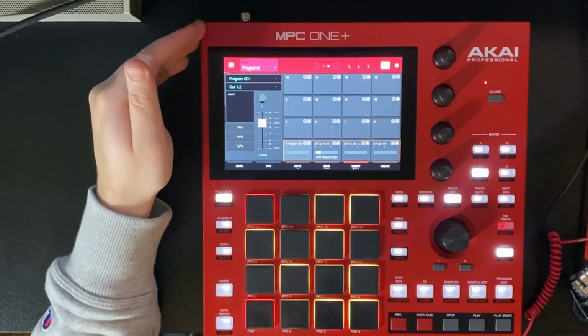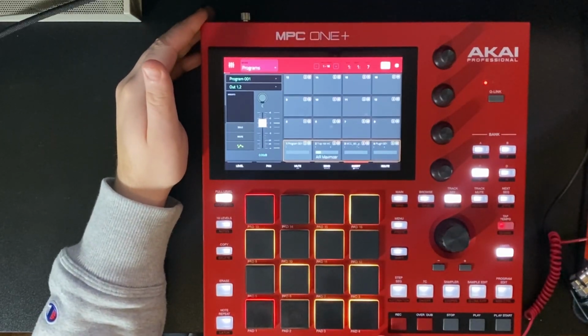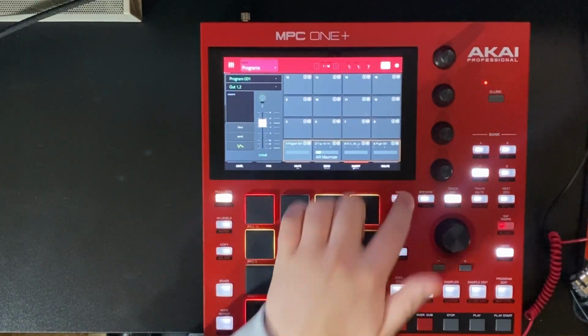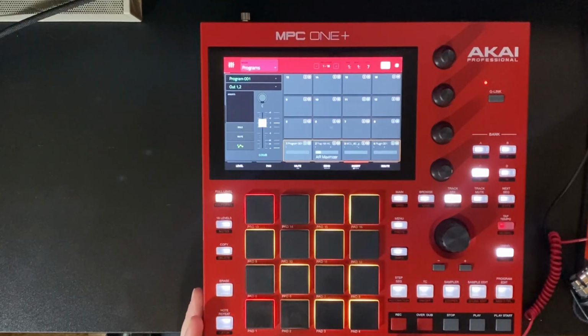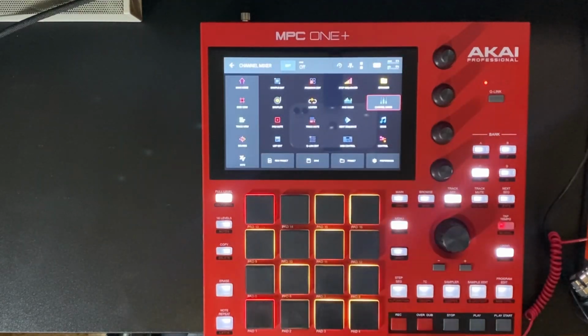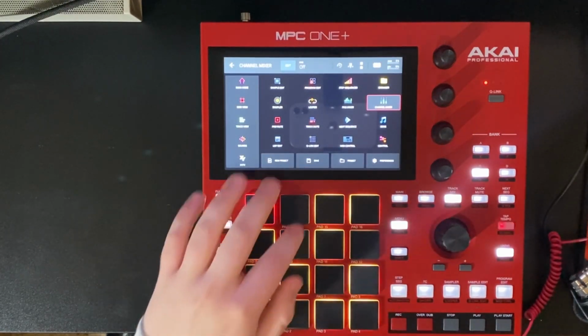So one thing I would really like to explore more of is the mixing. I haven't really been able to take a look at the mixing capabilities of the MPC One, but I definitely look forward to doing that. For now, I think this is a really solid start, and I'm really impressed with the quick workflow. So I'm going to save this project,